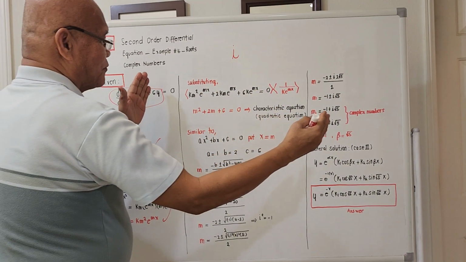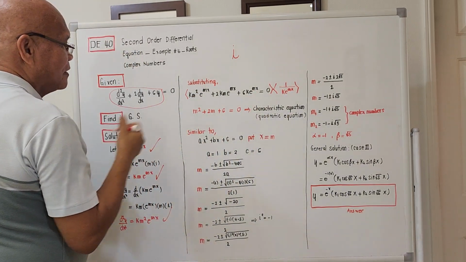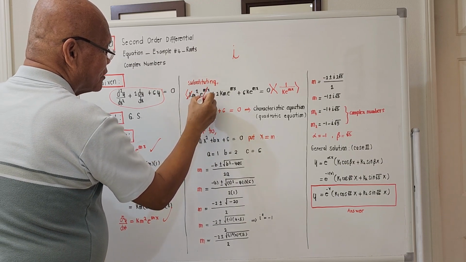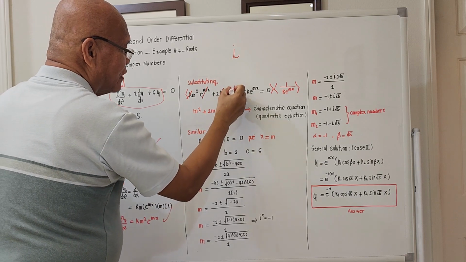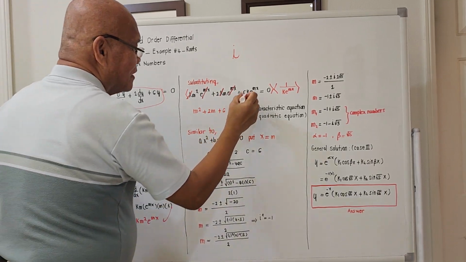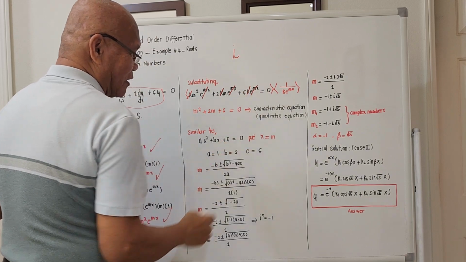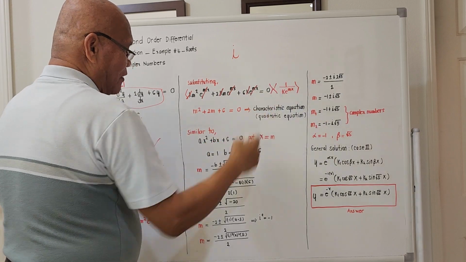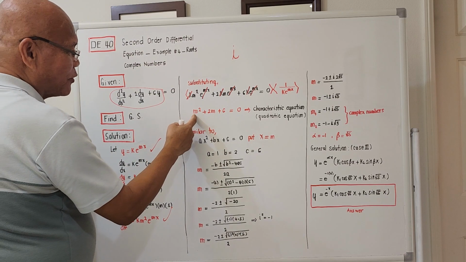So if we try to expand this one, we will multiply all the terms by 1 over k e to the mx. This k will disappear, e to the mx will disappear, after the multiplication of 1 over k e to the mx. So what comes out on the left hand side will just be simply m squared